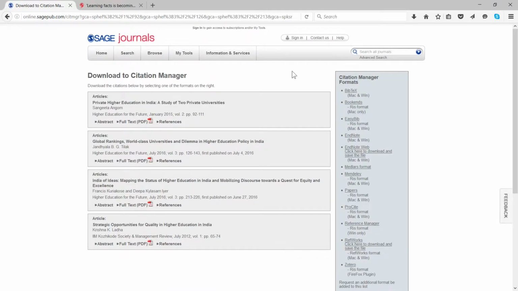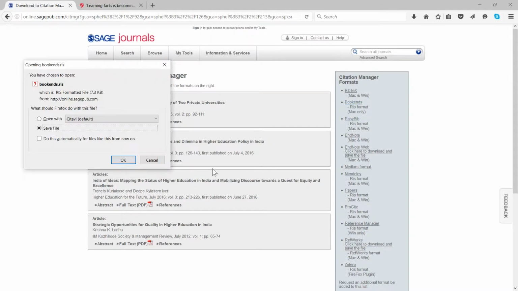And then I can choose any of the formats on the right that are either EndNote format, RIS format, or BibTeX format. All of those work. And RIS format is kind of the standard for any programs that deal with references. So I'll choose that option, and